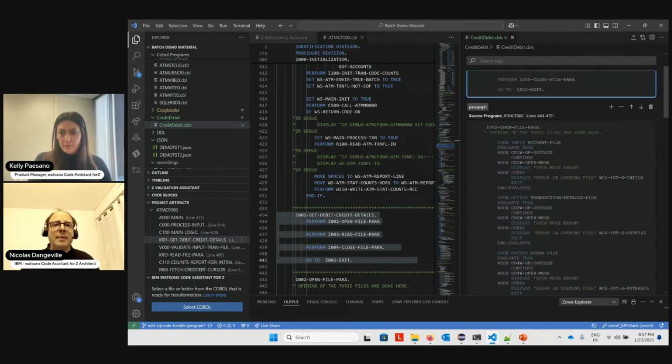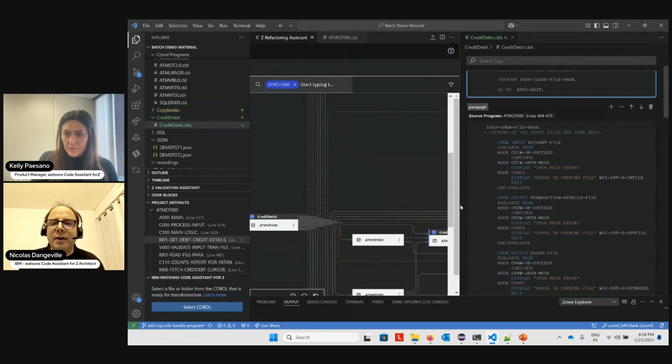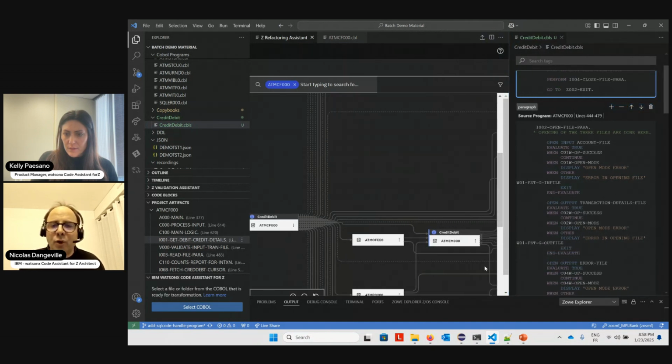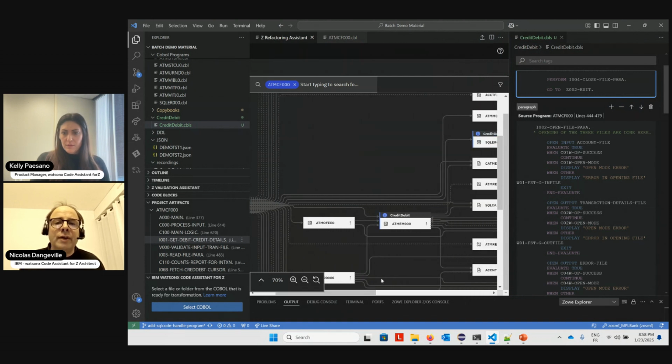However, remember, it's not enough. I had more than one program that was involved when I was running this scenario. I've got this one as well.